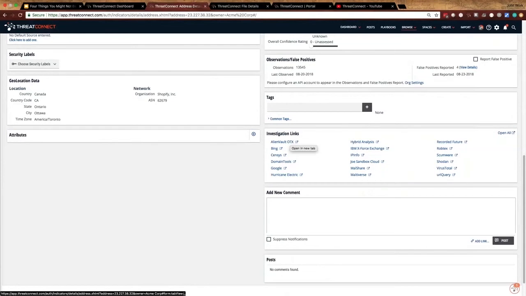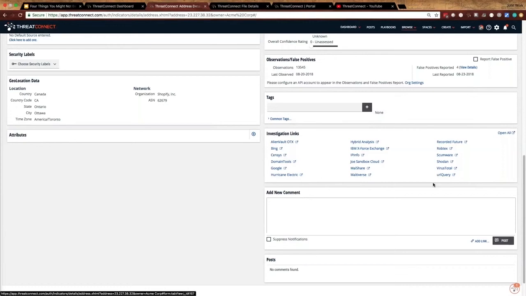Now, if you are on-prem or dedicated cloud, you do have the ability to add your own custom investigation links. I've seen customers point this to in-house databases that they search for things on, used in a multitude of ways. But the investigation link's primary purpose is to speed up that process for you and give you some resources.